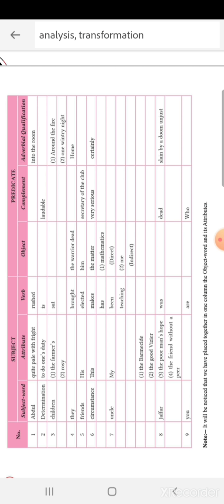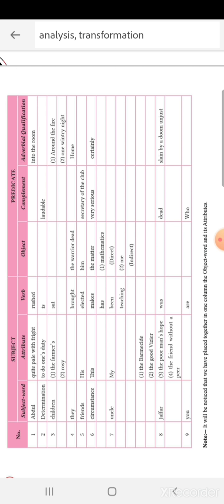So friends is actually the subject, which is qualified or modified by his. So his friends is actually the first word given in this sentence. His friends is the subject; elected him secretary of the club is the predicate, out of which elected is the verb. Him: because he was elected, he received the action of electing,